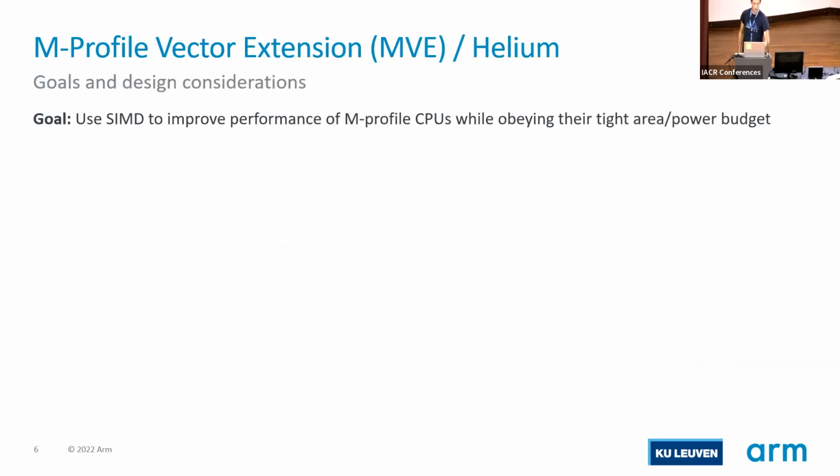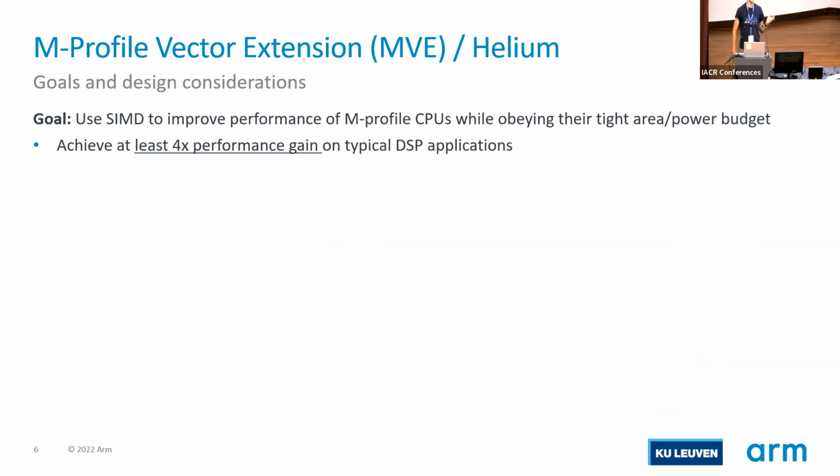So what are the design considerations going into SIMD on microcontrollers? Yeah, we want to leverage the performance promise of SIMD, but taking into account the tight power and area constraints that we have on microcontrollers. And what do we want concretely? Say if our baseline is the Cortex M4, we would like to have at least 4x speed up for typical